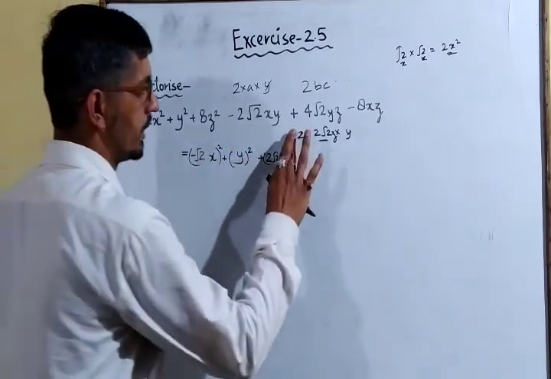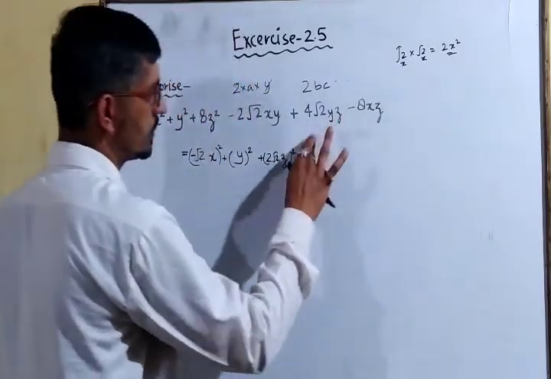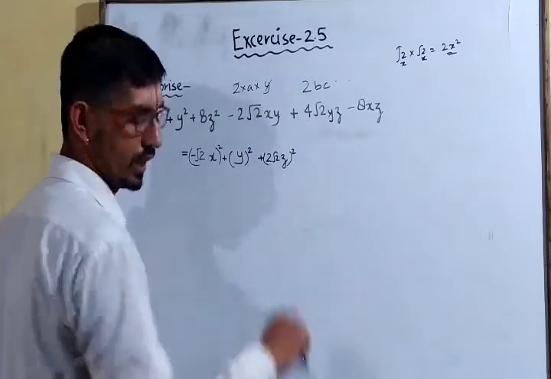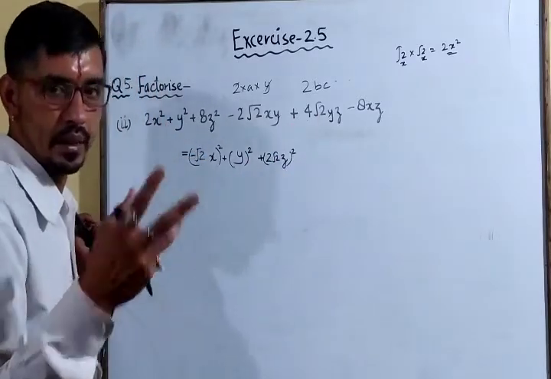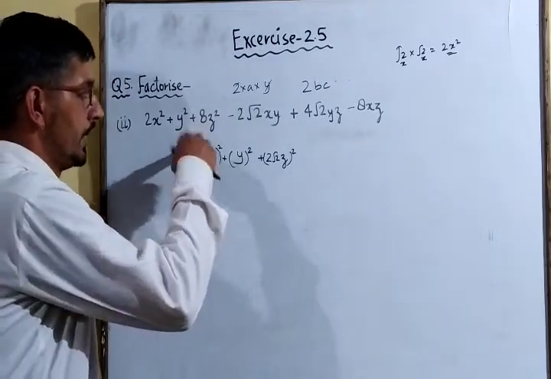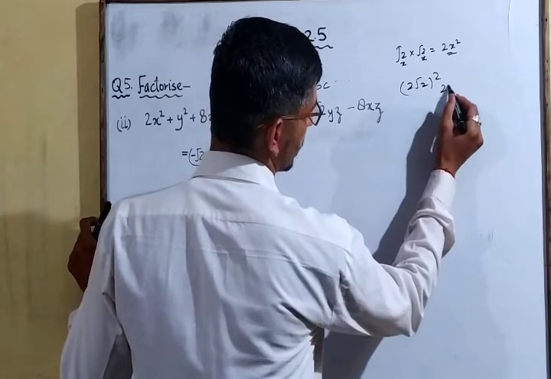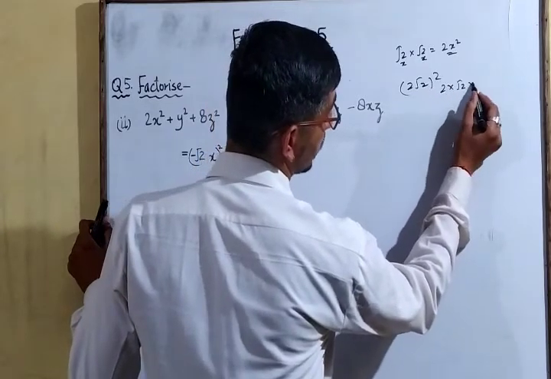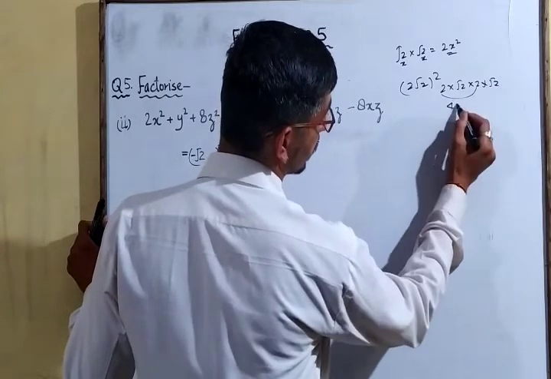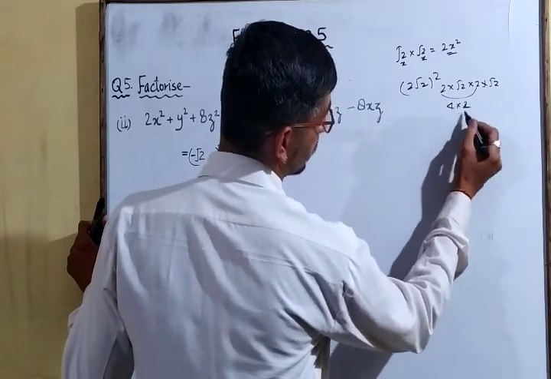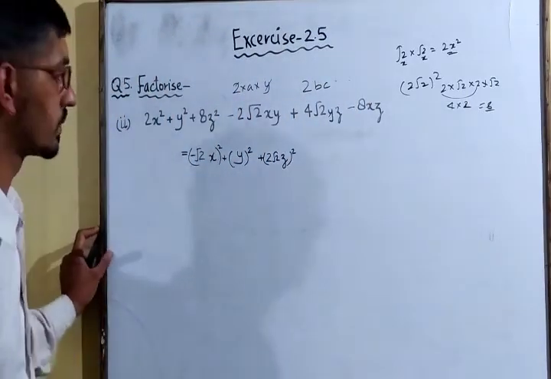Now we will expand. Okay, now we have all three terms. We have a, we have b and we have c. Now we can find it by comparing, or you can do directly as well, because 8 is the square of 2 root 2. That means 2 into root 2 into 2 into root 2. 2 into 2 is 4, root 2 into root 2 will become 2. So 4 into 2 is 8. Or you can do directly as well.